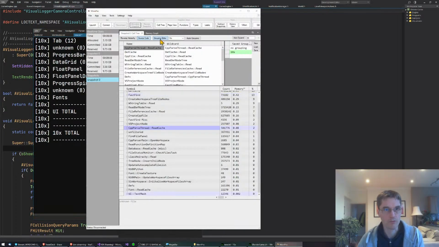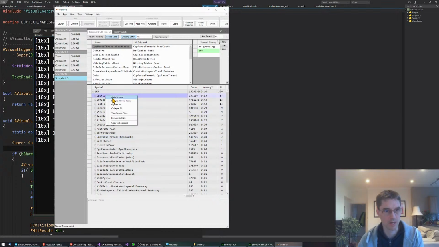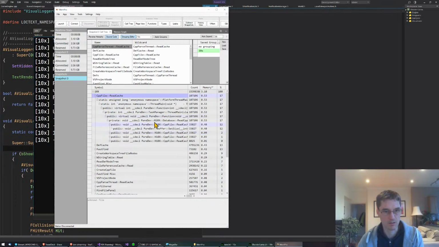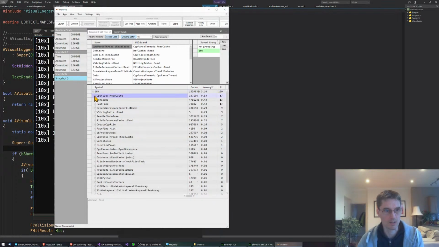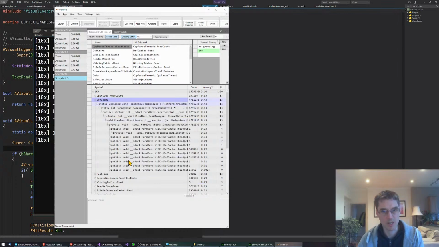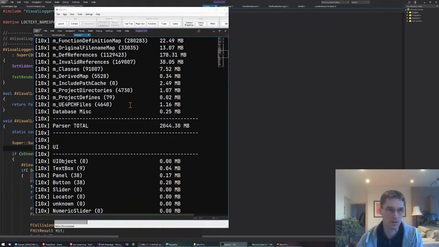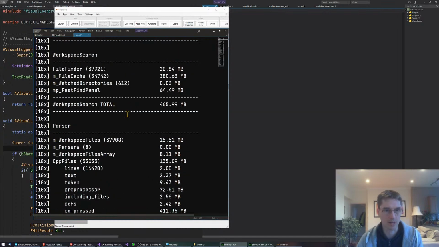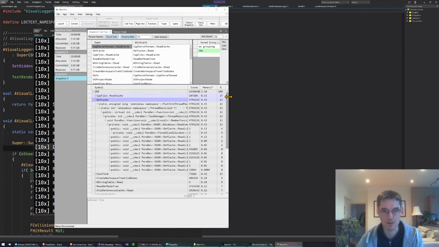So what I've got in Mempro is an exact breakdown. I'm tracking all of memory, and so all of these sections I can drill down into, auto expand, and find out exactly who's allocating the memory on each of these. So I know I'm tracking everything here. But here, I'm just doing it in code, and I'm not tracking absolutely everything, and I might not be tracking all the allocators. So the idea obviously is to get this to be tracking as much as possible. So I spent many days